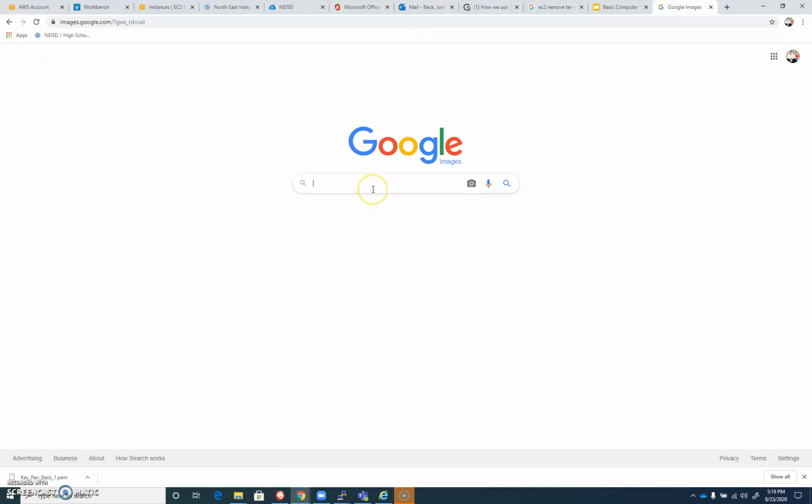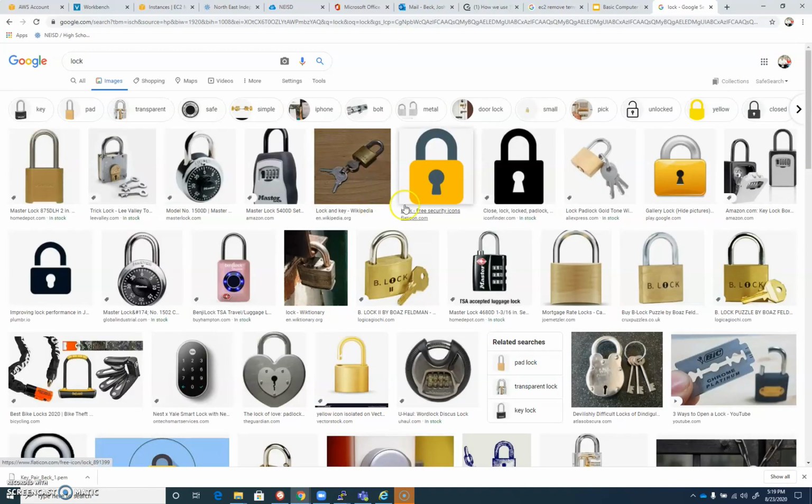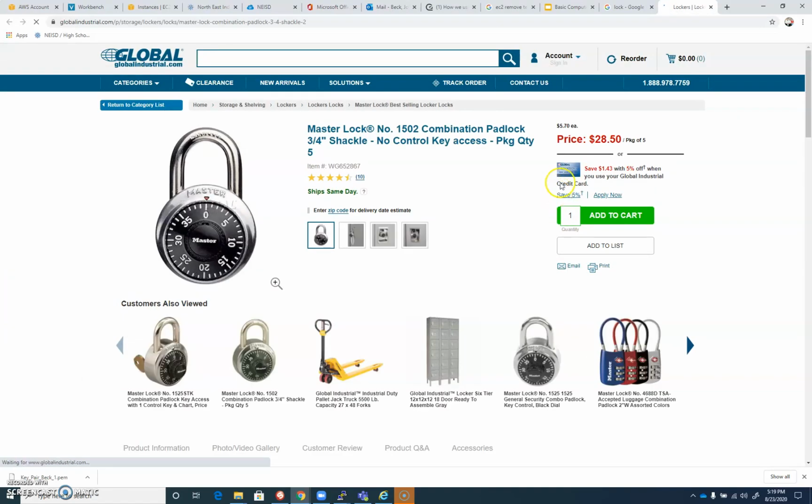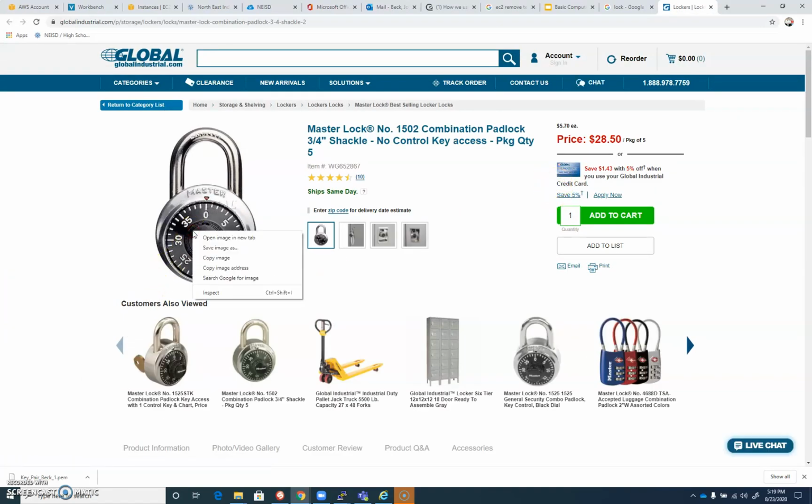So I'm going to go to images, and I'm just going to look for any image, an appropriate image for class. I'll type the word lock for mine. I'll pick something like this. I'll click through. Here's what you need to get to. I'm going to right-click on some image somewhere on some web page. And I'm going to open the image in a new tab. And I'm going to verify that that image ends in something like JPEG. Now, this one has a